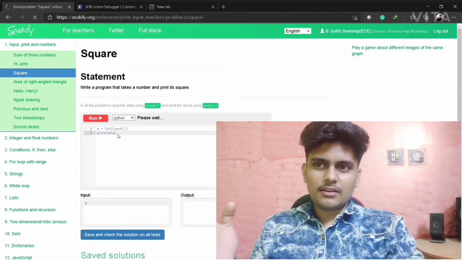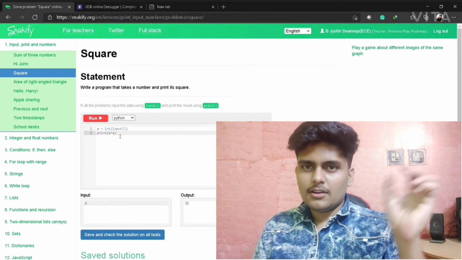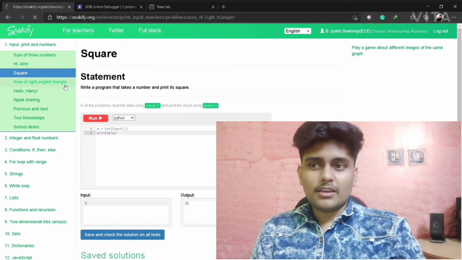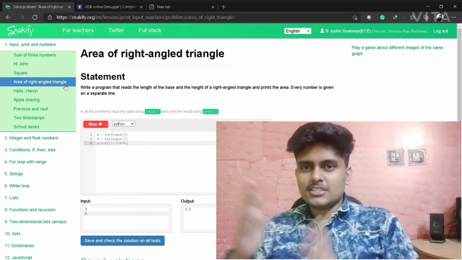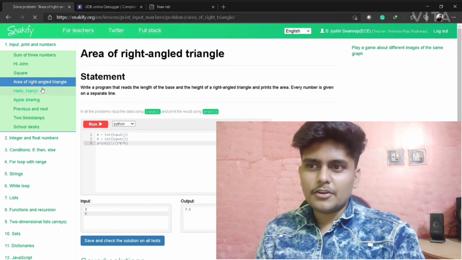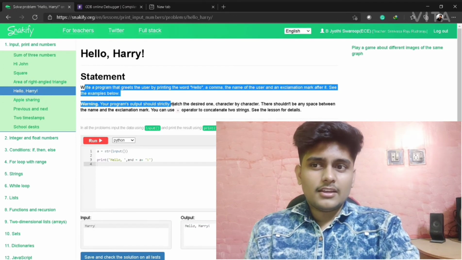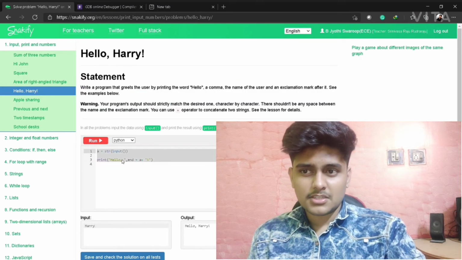So next is square. Square is nothing but squaring that number: take a number and multiply it. I have told you, star. Area of a right angle triangle: take height and base, and half into height into base. Next, hello Harry, we have to print hello Harry. Read these questions, read those warnings, and try out those problems.